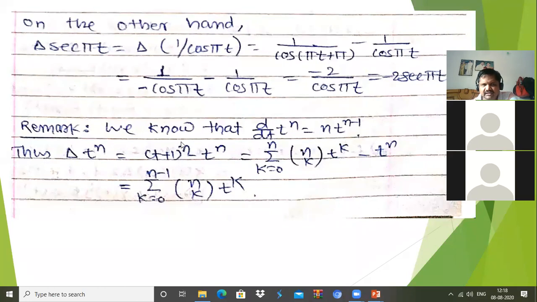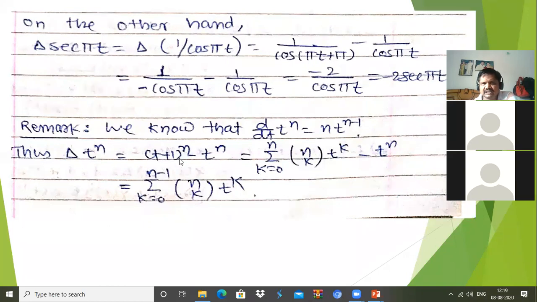T plus 1 to the power n minus t to the power n, which is equal to, now t plus 1 to the power n, how can this be expanded? By using the formula of a plus b to the power n. What is its formula? Summation from k equal to 0 to n nCk, t to the power n minus k into 1 to the power k, or 1 to the power n minus k into t to the power k. Both will be the same. If I take 1 first, then you will get this one, and 1 comes every time, so in the product it is not necessary to write 1, so this will be summation k from 0 to n nCk t to the power k.